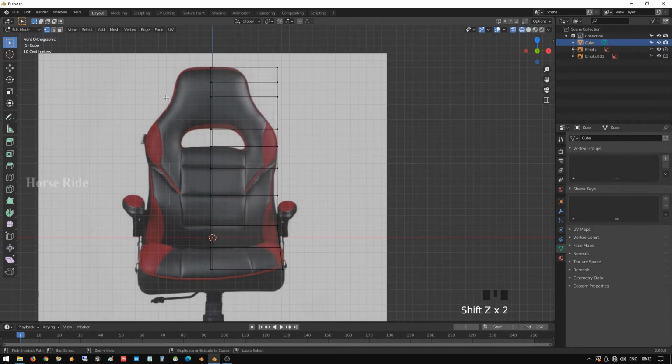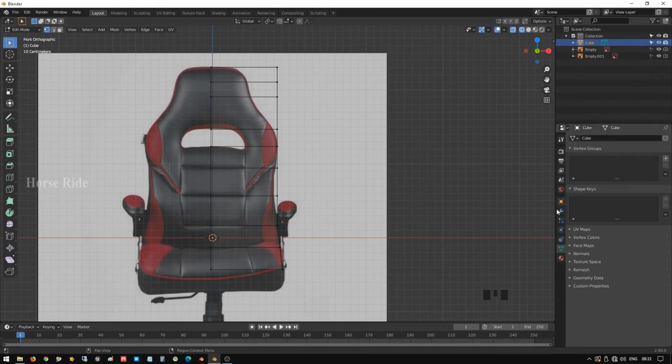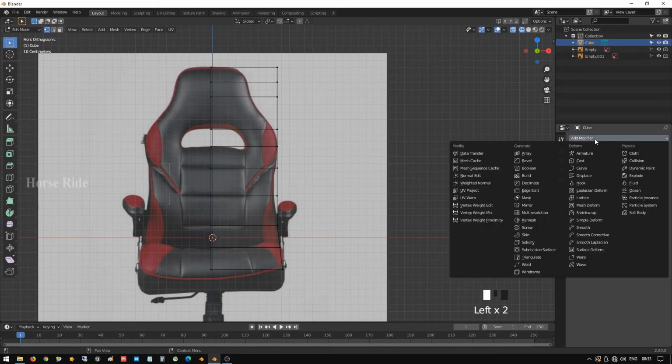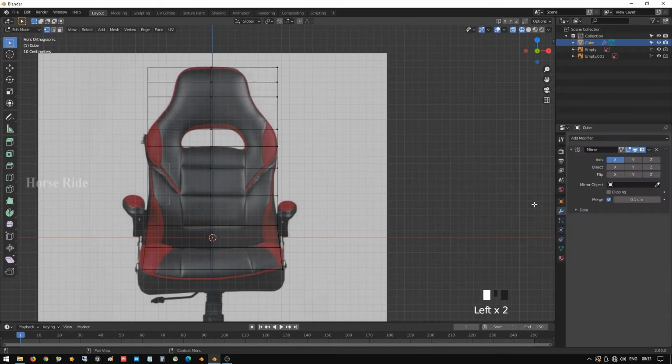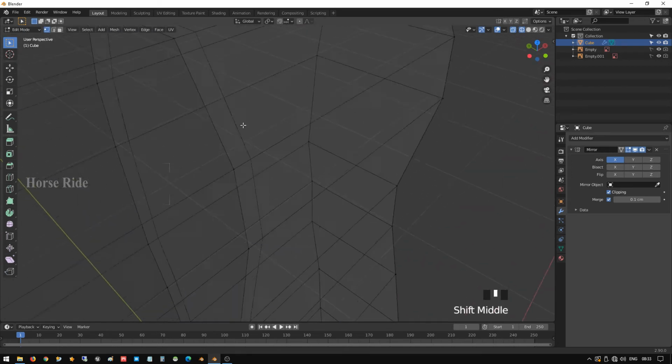I'll just show you once again, sorry. Select these vertices, left side vertices, press X and select vertices to delete, and go to the tool options and add a modifier, mirror, enable clipping. Okay, now our mirroring object is ready.